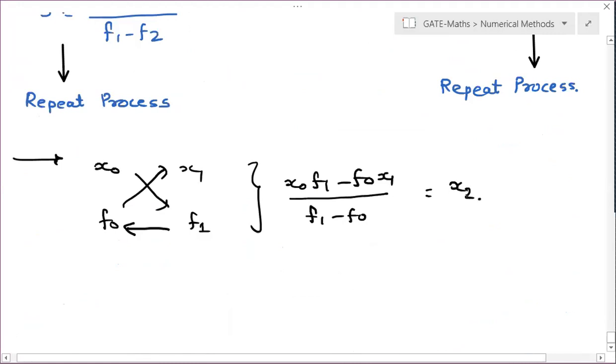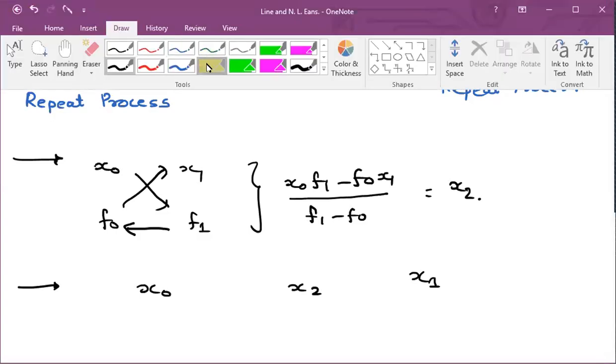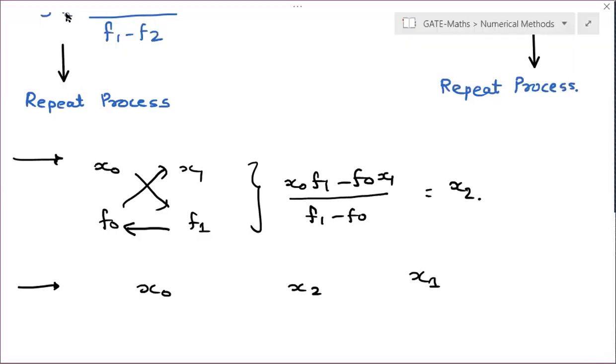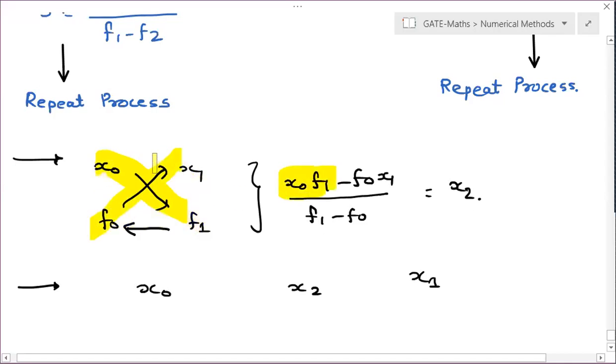Is it clear now? Please give me some response. Now, based on the value of this x2, we have two options. To remember this, take x0, x1, f0, f1 as a 2 by 2 determinant. How can we solve this determinant? A into D, the product of the principal diagonal elements minus the product of